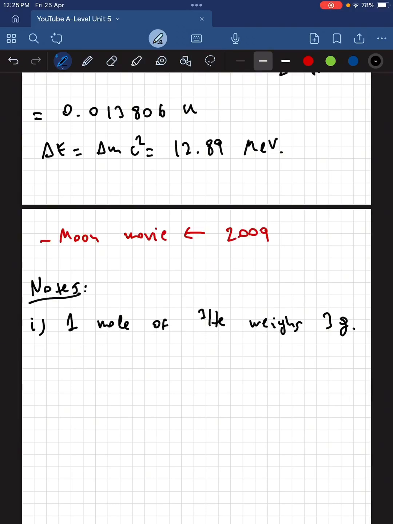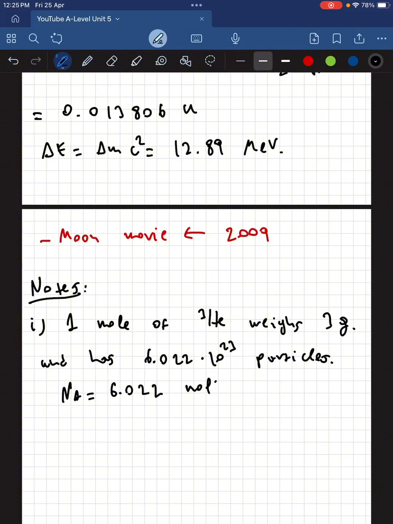So 1 mole of helium-3 weighs 3 grams and, by definition, 1 mole has 6.022 times 10 to the 23 particles, right? Due to Avogadro's number. Recall that N_A, Avogadro's number, is 6.022 times 10 to the 23 particles per mole. So 1 mole has 6.022 times 10 to the 23 particles. So 3 grams of helium-3 contain this many particles. So if we fuse 1 mole of helium-3,